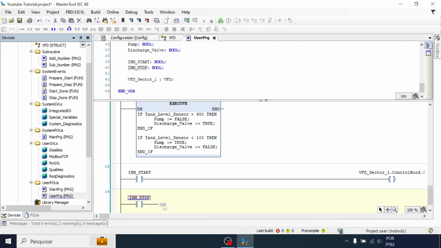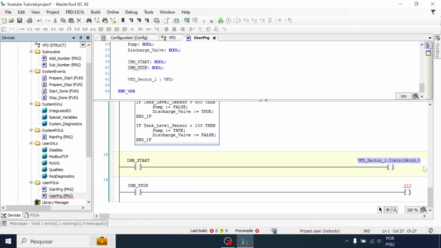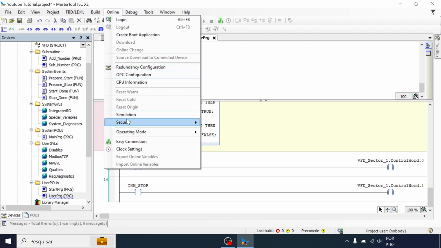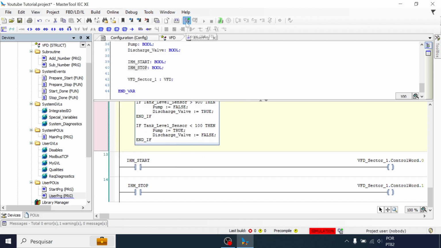Now I can call my HMI stop. And let's say that in this specific VFD, I can stop it by toggling the bit 1 to the true state, writing true to the bit 1 of my control word. So if I go to the simulation mode,